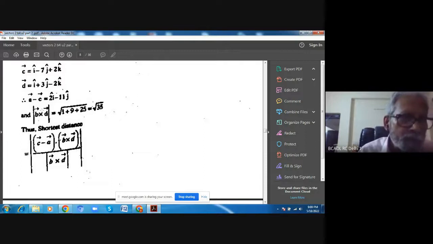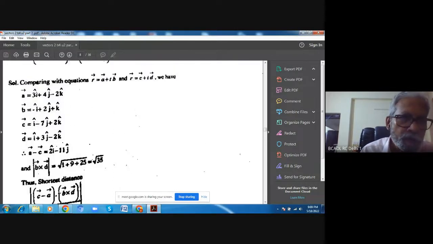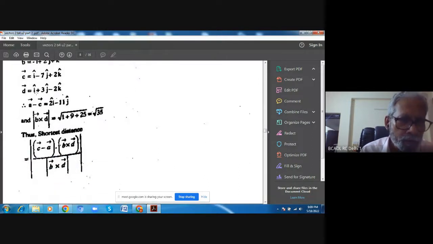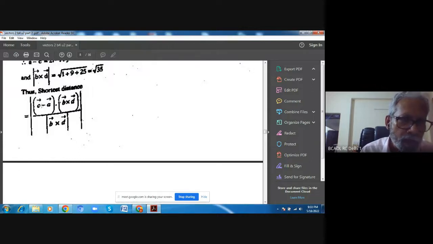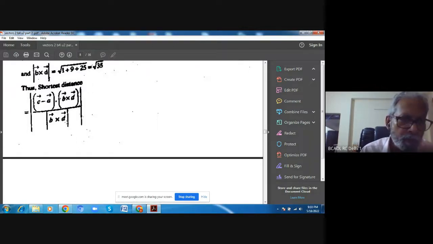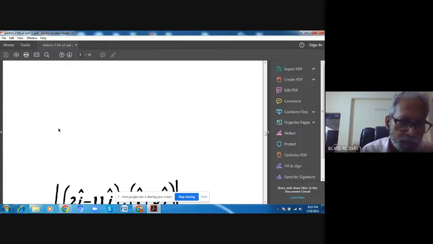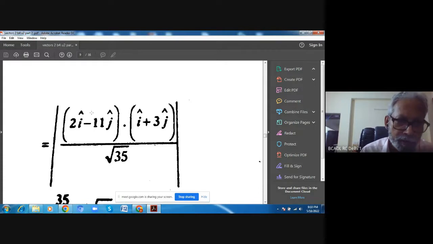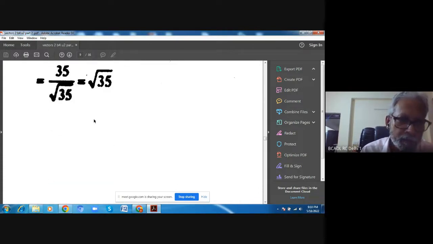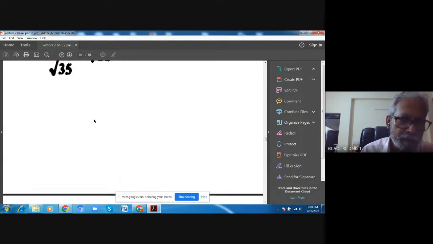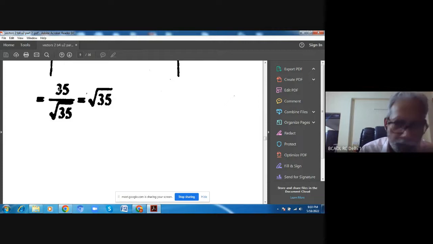सो बिकॉज c minus a is required, c minus a, so this part is निकल गया। b into d, this part, and this is the magnitude of this part. Okay, so when you find out this 1, 2 and 3, these 3 parts based on this formula, then you can put it here। या तो सिंपली वैल्यू को पुट अप कर दीजिए और आपका आंसर आ गया। दिस इज योर आंसर, दिस इज योर शॉर्टेस्ट डिस्टेंस।